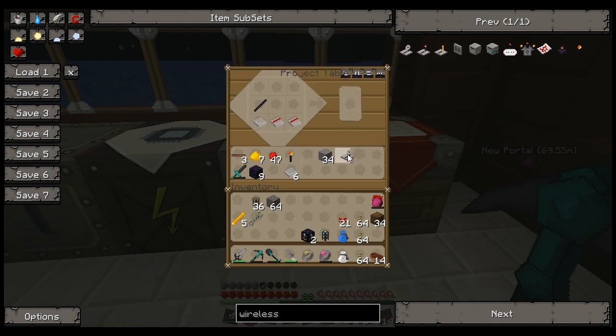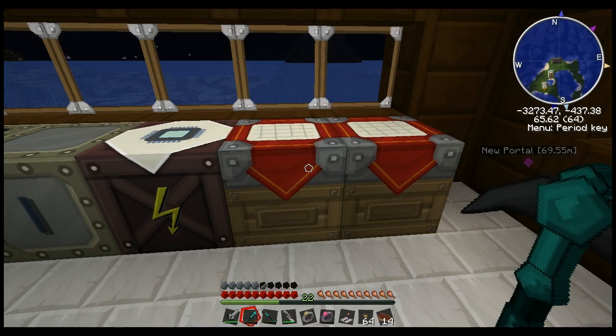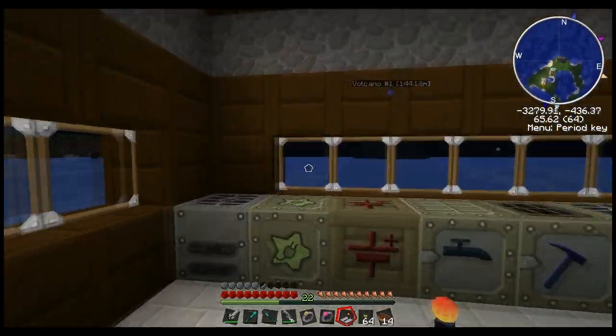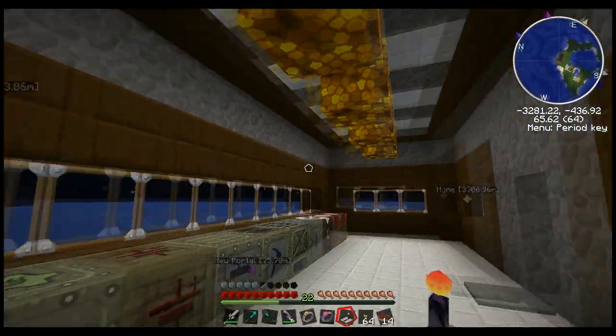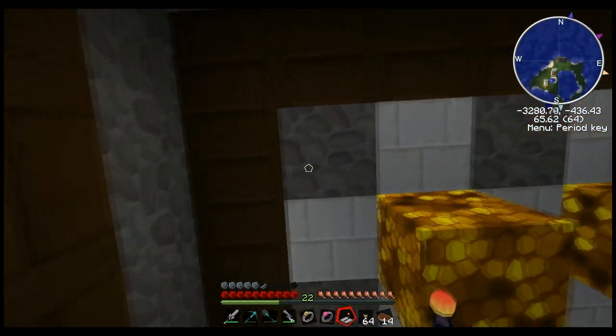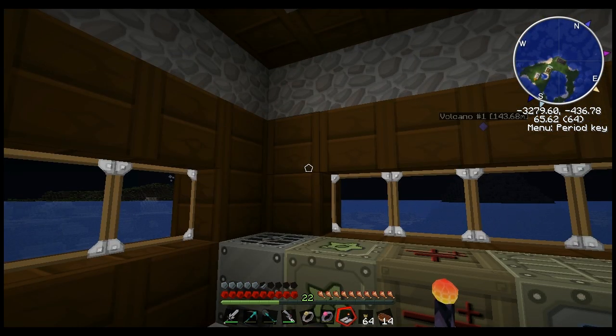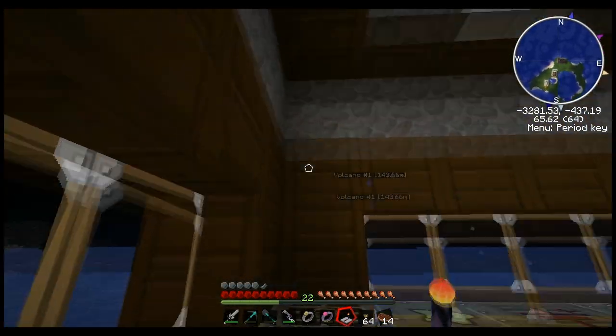Up here, got a receiver and a transmitter. Very easy to use. Much like the rest of the red power devices, they can be placed directly onto the wall. They don't have to be placed on the floor. They can even be placed on the ceiling if we want it to be. I'm going to place the transmitter up